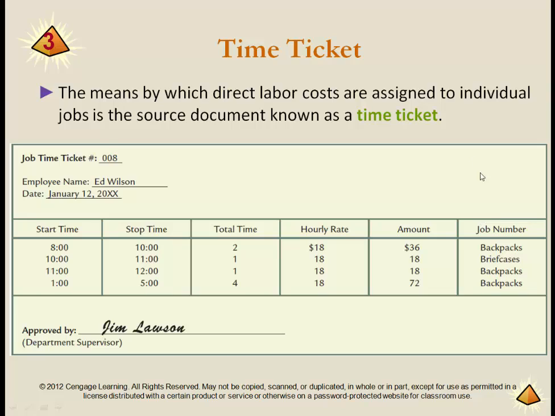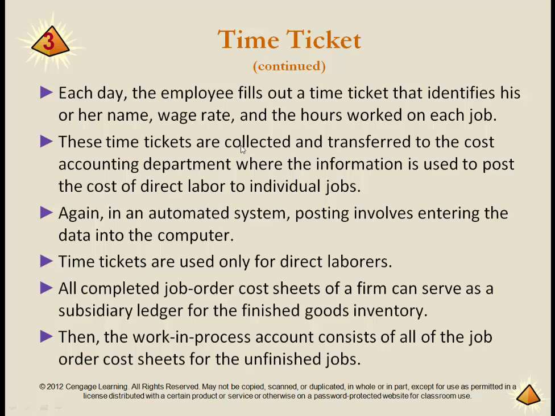This next one has to do with labor and how we assign labor to the job. And it gives you the total time. And it's probably not just one person. It might be multiple people, but we can't see this here because you probably are not just going to have one person on a time ticket. You may have several. So you've got to be careful with that, but that's a calculation you make as well. So that's direct labor, and you can see the pieces, and that's going to happen typically in an ERP